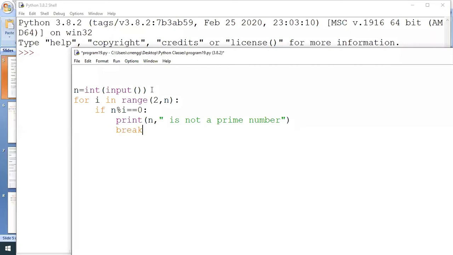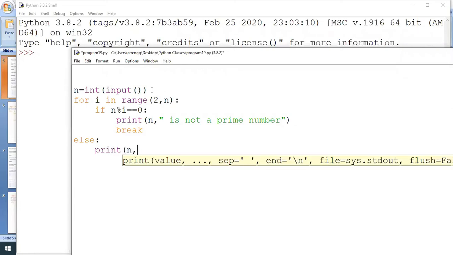Once we find that, for example, 10 percentage 2 equals 0, then there is no need to check 10 percentage 3. So break. And here I write an else block, else statement to the for loop.